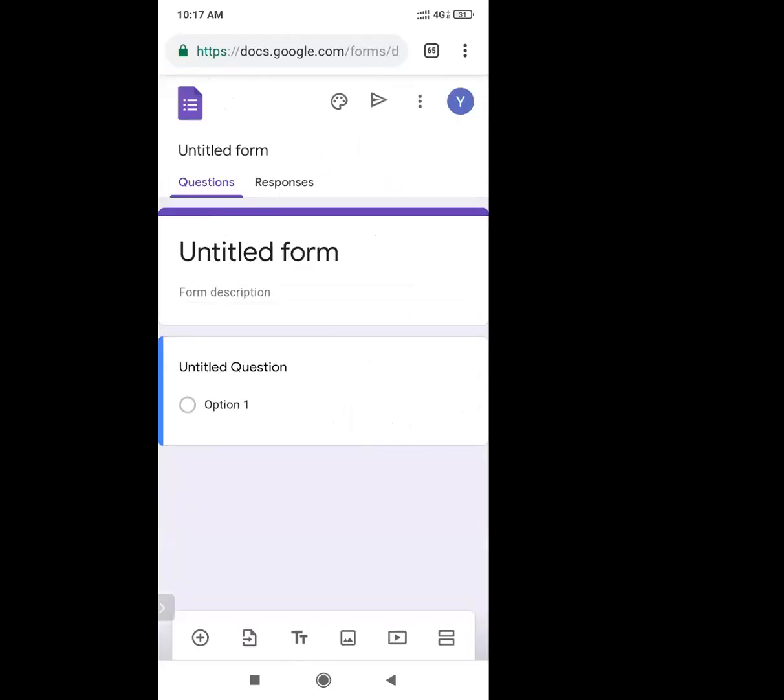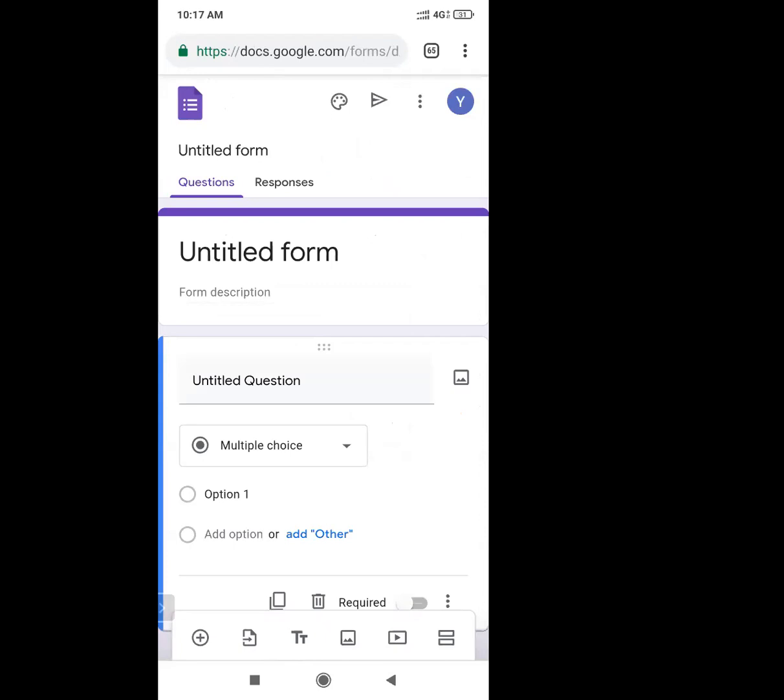See, your new Google Form is open now. So everybody got how to create a Google Form. First, just search Google Forms on your Google Chrome, or the second way is to search drive.google.com on your Google Chrome. After that, go to the desktop site, and from the desktop site, create a new Google Form.